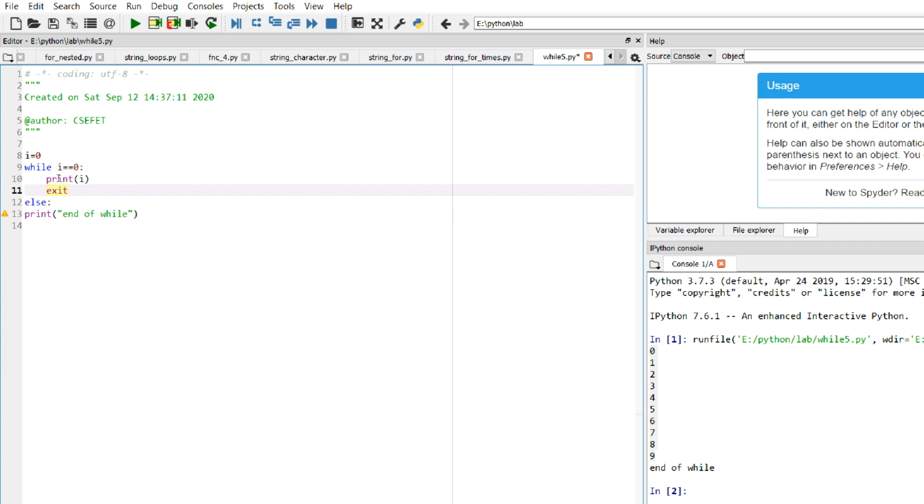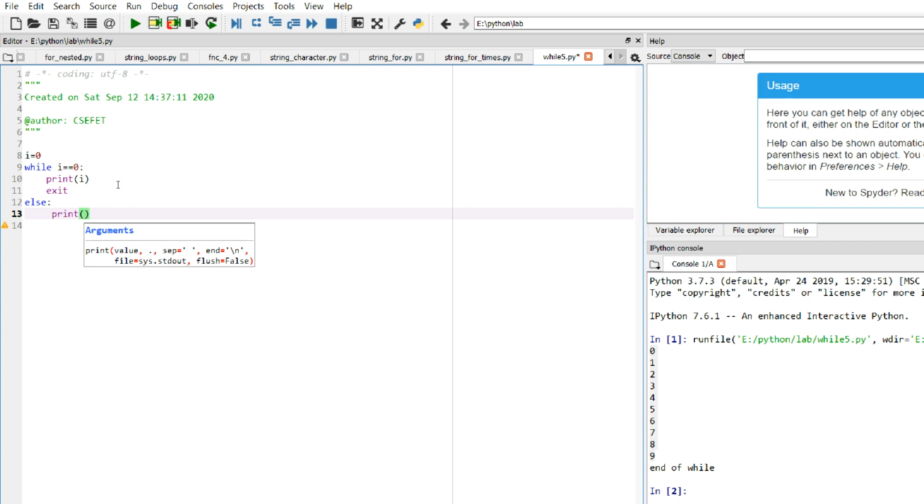It will exit from it as soon as I becomes 0. When I is equals to 0, it exits, and if I say that I is not equals to 0, then this is an else statement, this is not inside the while, it is outside the while. It will run only one time. So we say that if it is not equal to 0, you print the value of I.